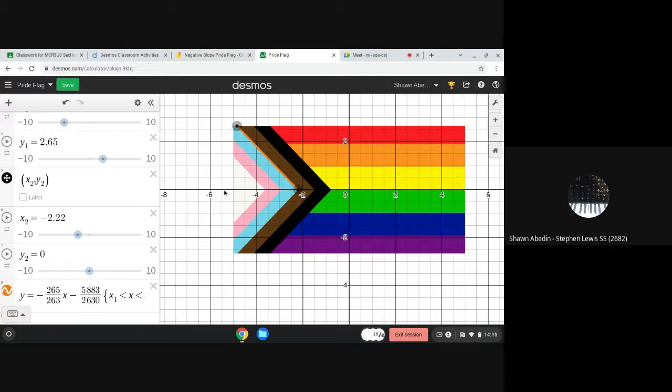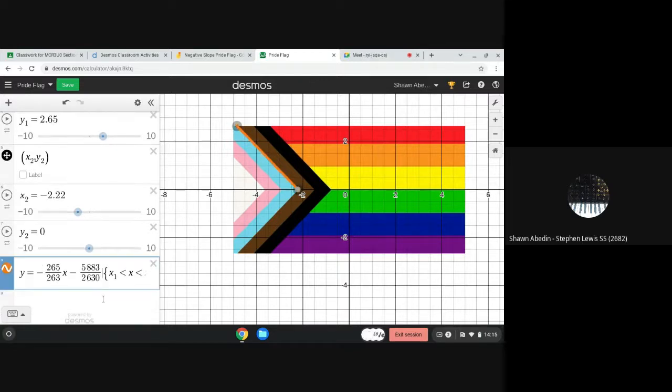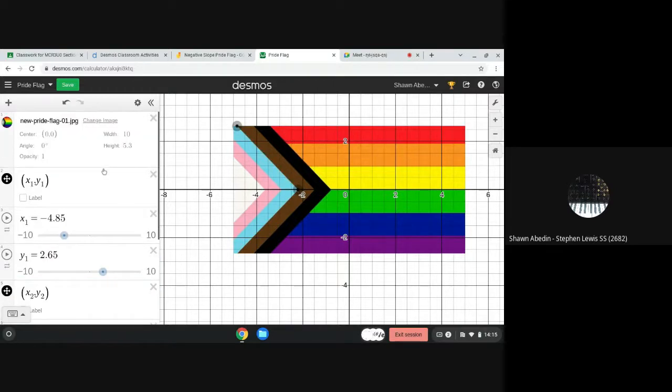I've got the pride flag here, and I chose two endpoints. And I actually end up with this quite messy linear relation. And I also have some restrictions here. So I'm going to go through some of the skills that you'll need to be able to get to this at the end. So hopefully you remember from the staircase modeling task earlier in the semester that you can import